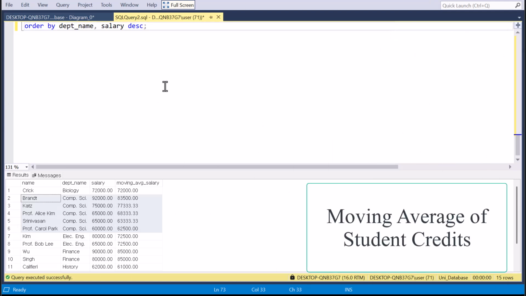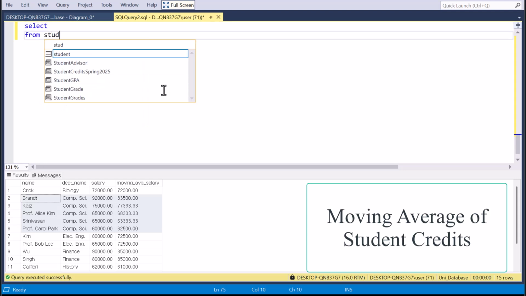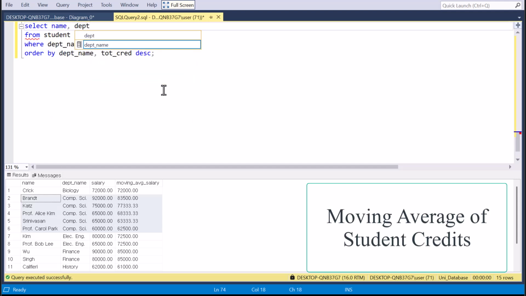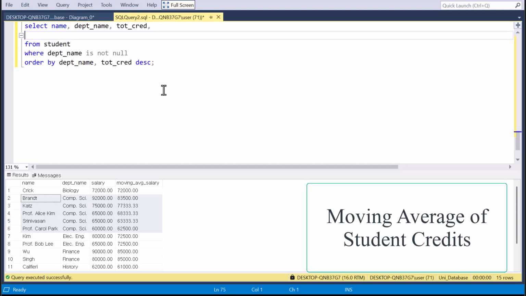The next one, I'm gonna write a query for moving average of student credits. Again, 3-row moving average, okay? So select from student where dept name is not null, order by department name, total credit in a descending mode. So in here, I'm gonna get name, department name, and total credit. Then in here, average total